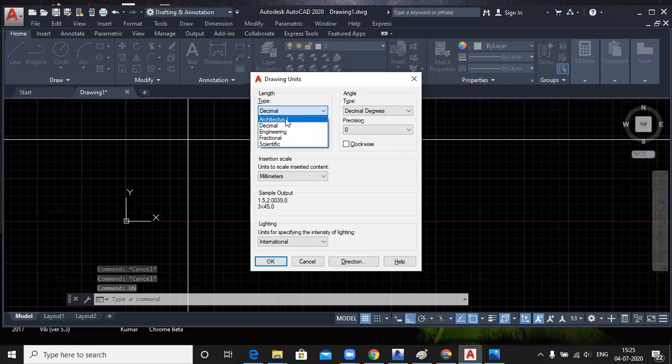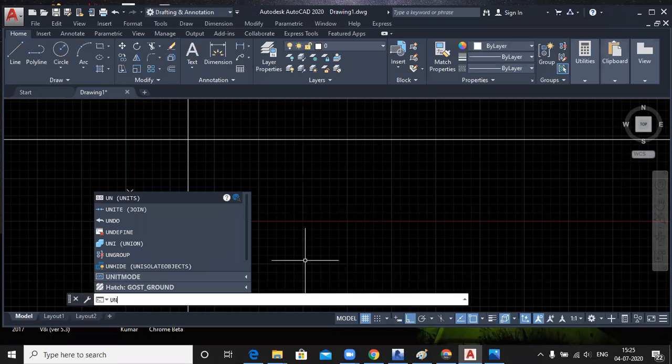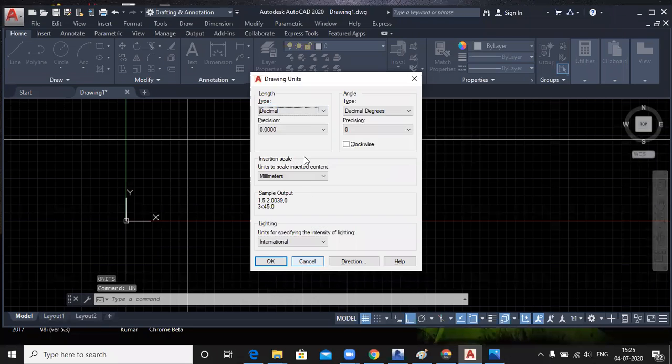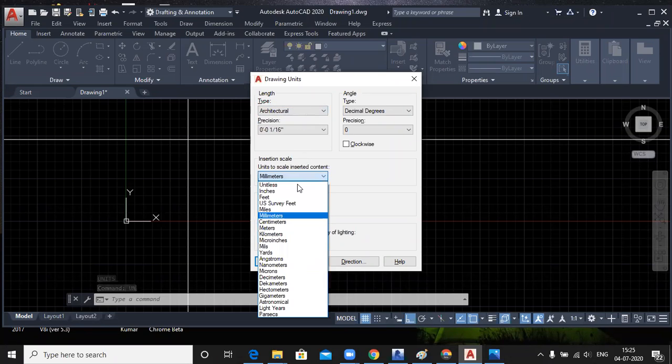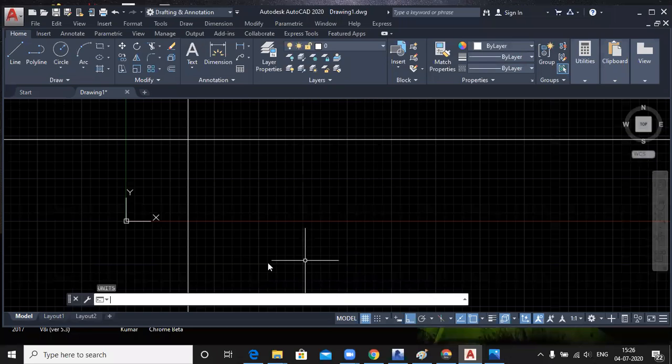You just type UN on the keyboard and press enter. And here you have to choose architecture, and here you have to choose inches, and this is your precision of 0, right? You click OK.